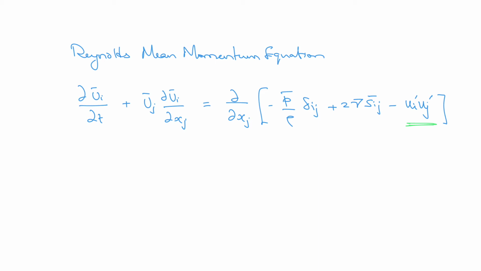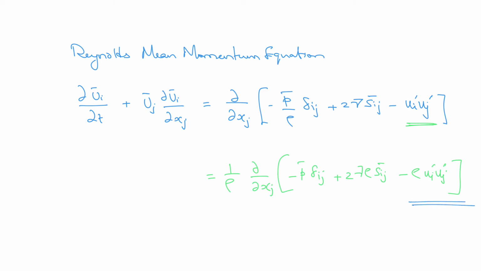What I am going to do is bring this 1/ρ outside this bracket. So let me rewrite 1/ρ ∂/∂xj. So you will have minus P δij, plus, if you remove 1/ρ from that, you have to multiply ρ there. So 2νρ Sij minus ρ ui'uj'. So you will get these terms. Now we have this last term.